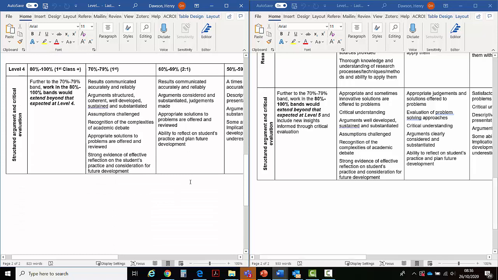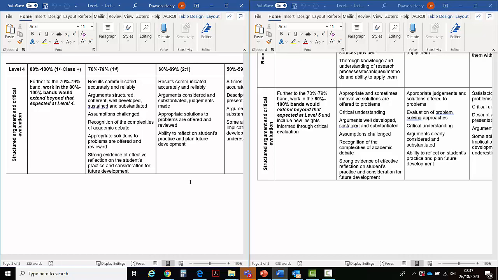Results are communicated accurately and reliably. Arguments structured, coherent, well-developed, sustained and substantiated. Assumptions are challenged, recognition of the complexities of academic debate, appropriate solutions are offered and reviewed, a strong evidence of effective reflection. At level 5,